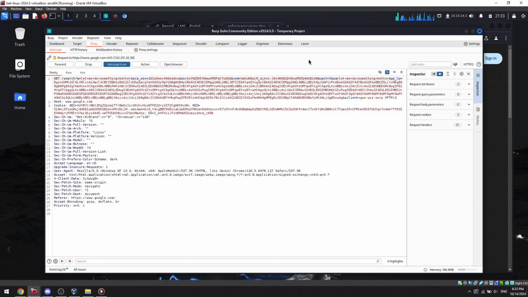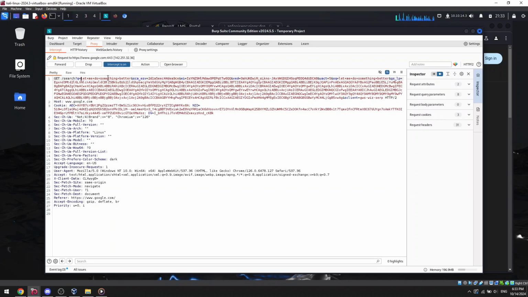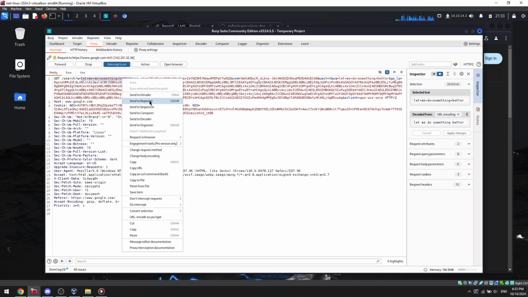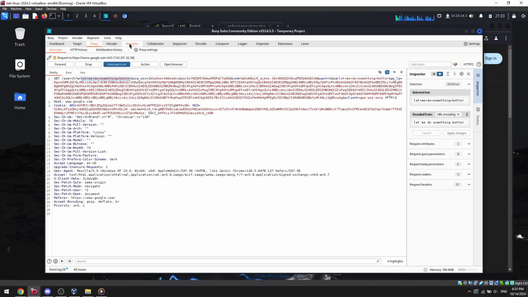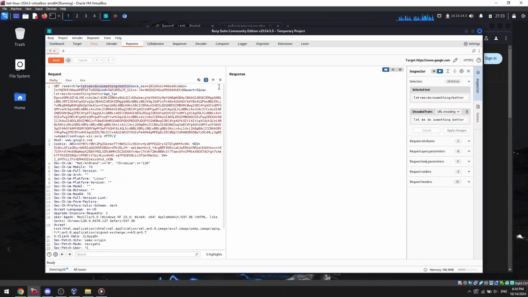We can make this search now. You can see here it does this GET request and then does this search, and you can see that kind of query message I was talking about before. So you can send this request to the repeater, and then in the repeater you can go ahead and change the request manually by just taking this and putting